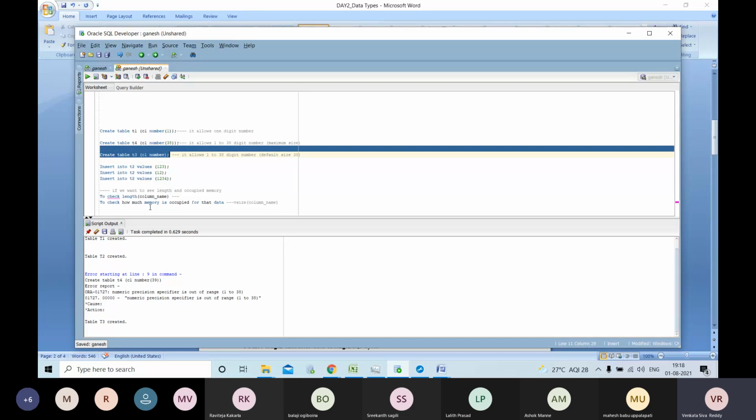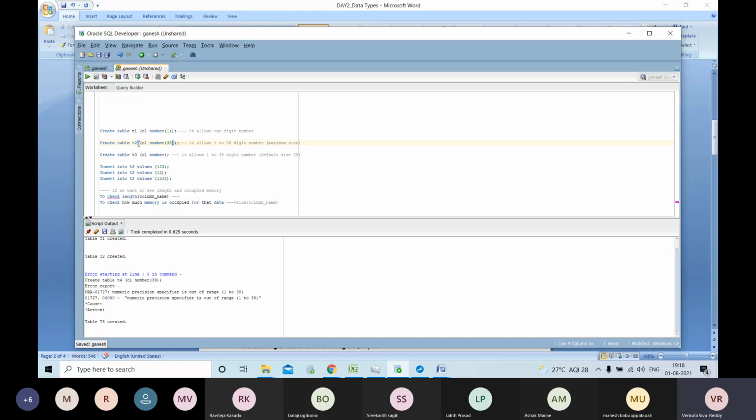So what will happen? Now we created T1, T2, T3. Now I am going to insert the value for T1.